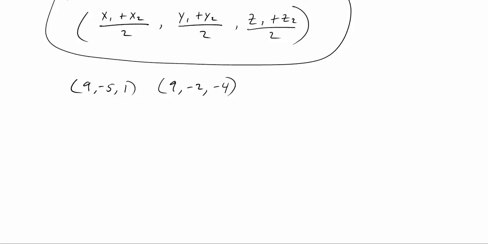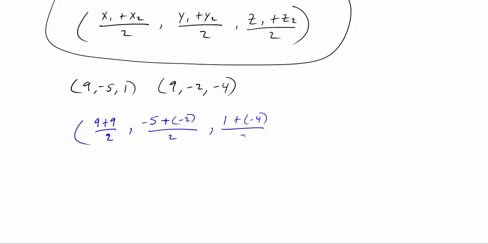Well, we're just going to simply take and add our x values together and divide by 2. So 9 plus 9 divided by 2. Then we would take our y values of -5 plus a -2, divide that by 2, and then our z, which would be 1 plus -4 divided by 2,